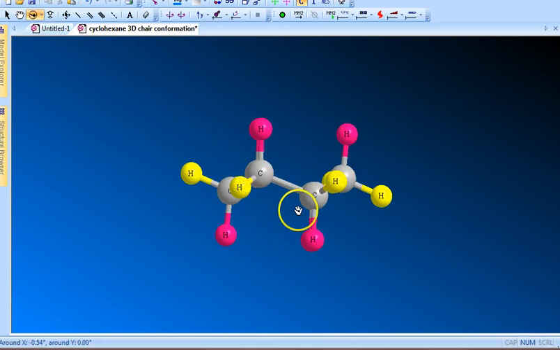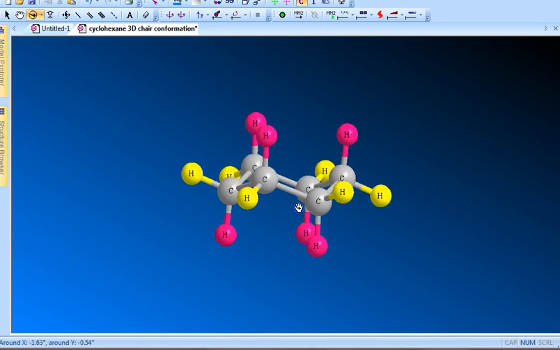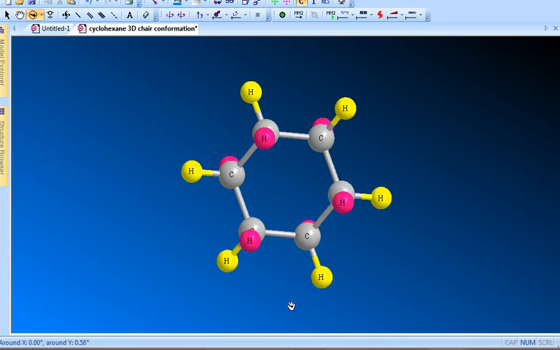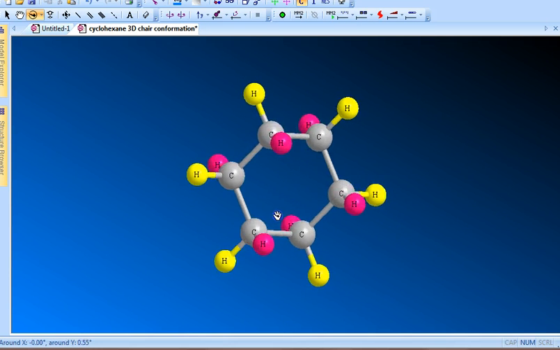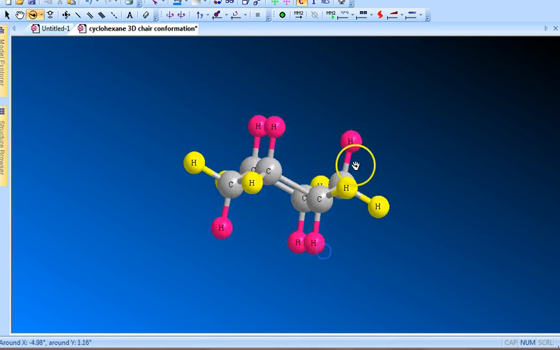Okay, so this is the side view. This is how it looks, this is how we see the molecule. This is the top view, and remember that when you see it from the top, you see only three axial hydrogens, because the three axial are hiding below. Okay, so with that in mind, let me